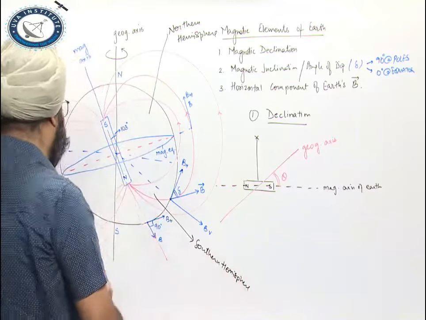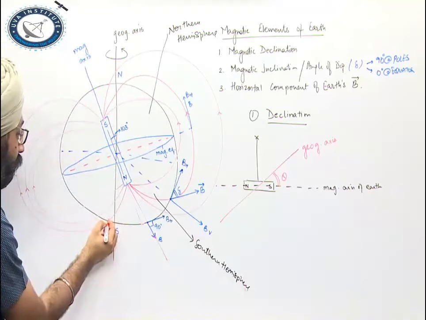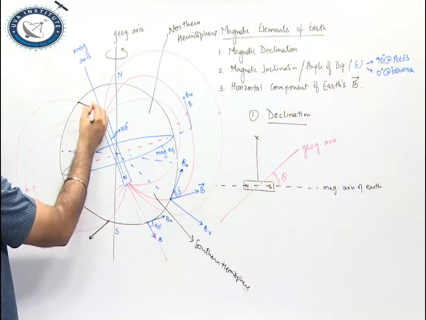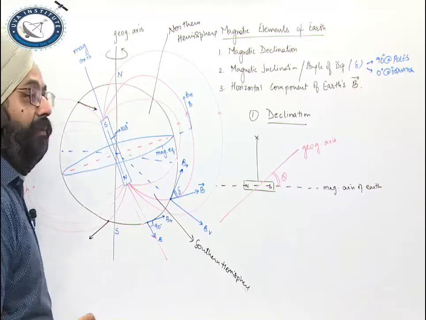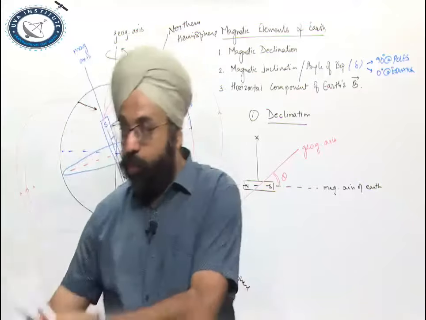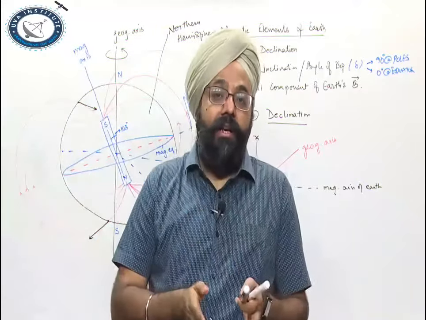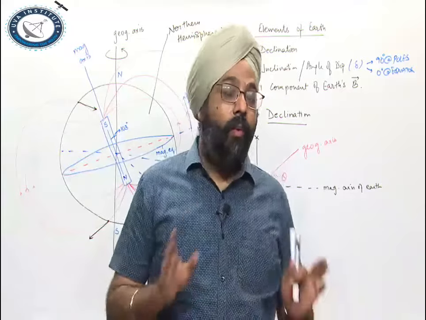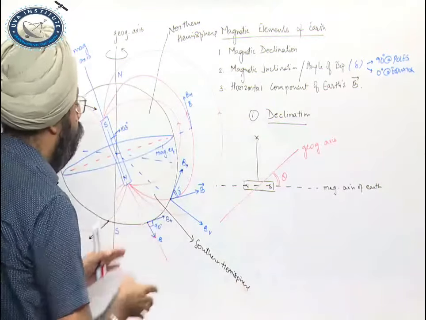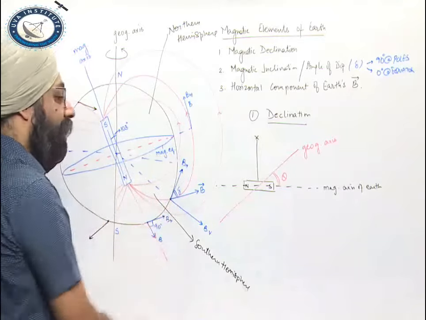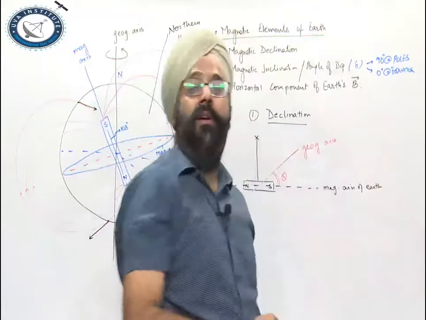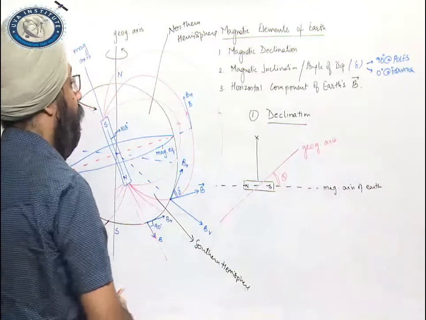Now magnetic field lines are coming out from the surface of Earth in the southern hemisphere, and they are going inside the surface of Earth in the northern hemisphere. So in the southern hemisphere the field lines are coming out. We in Delhi, in India, are living in the northern hemisphere, so in our region magnetic field lines are coming from upward and going down to the surface of Earth.